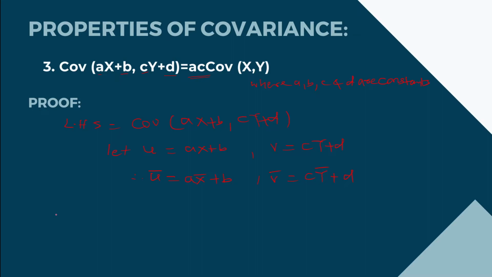Hence, by definition of covariance between u and v, the left side becomes covariance of u, v, and it is by definition 1 upon n summation u minus u bar multiplied by v minus v bar. u and v values are mentioned in equation number 1 for our further reference. By substituting the values of u, v, u bar and v bar from equation 1 in equation 2, we will get